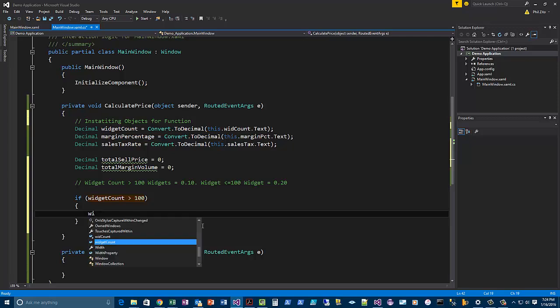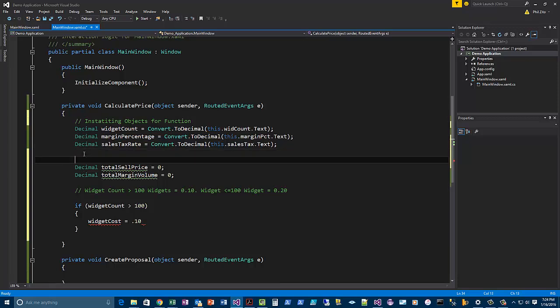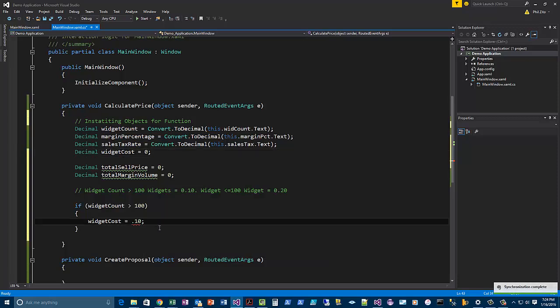And we're going to say widget count, or we're going to actually say widget cost. We're going to create a new object up here called widget cost. We're going to say that this is equal to 0.10. Okay, so we got that. All right, now